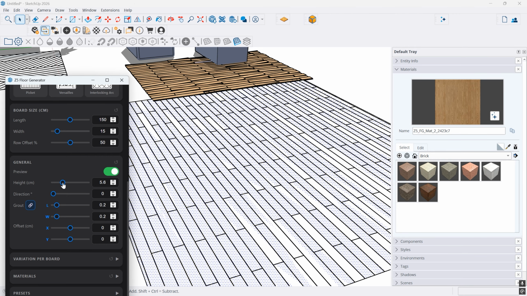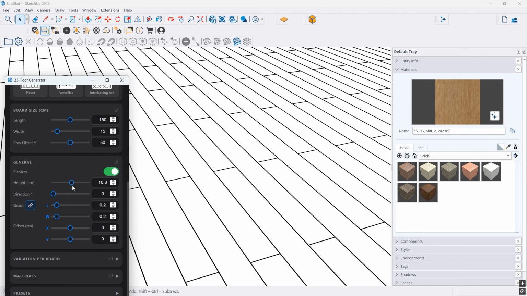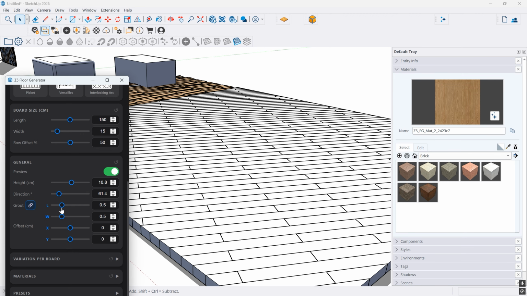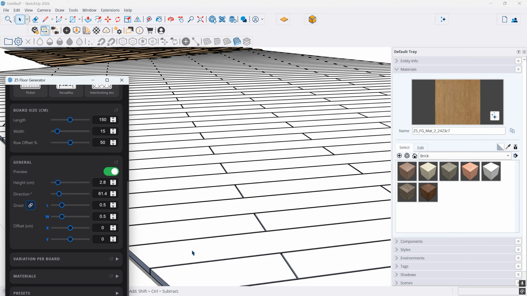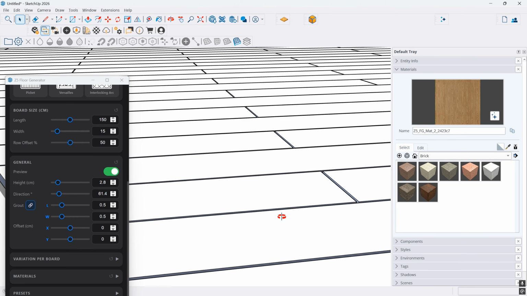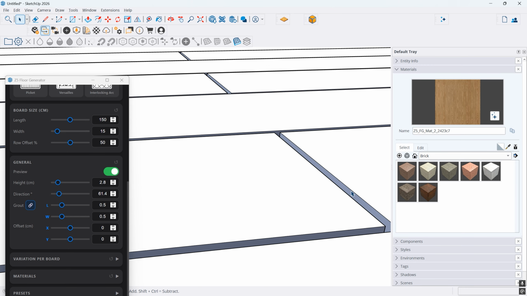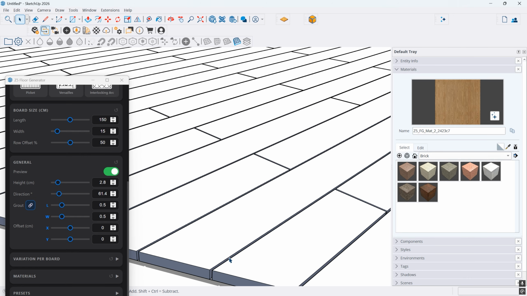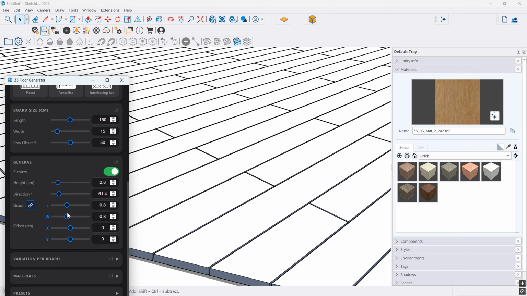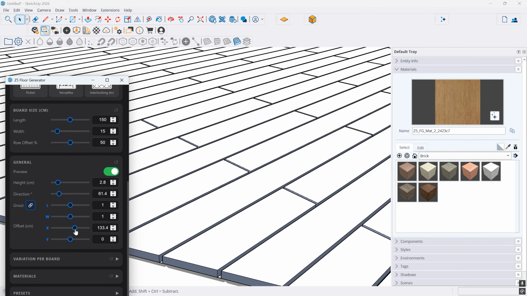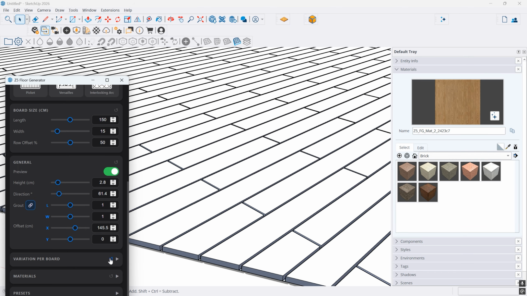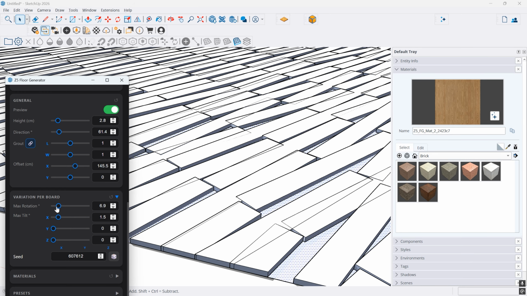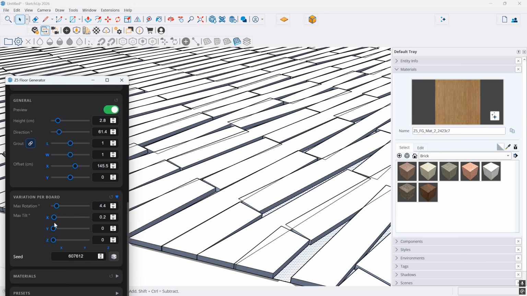Thirdly, you can take a look at the tools down below. You can set things like the board thickness, its direction, and the gap spacing. You can adjust the gaps and make them wider. It even allows you to set different random values. If you want to create a distressed or chipped look,